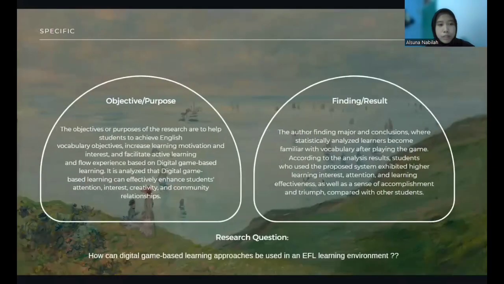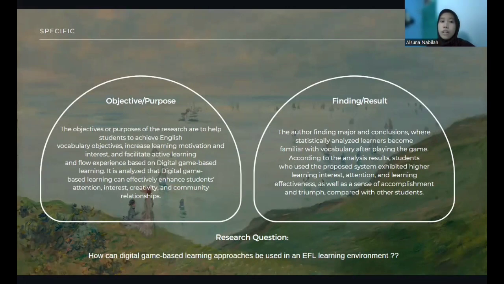Continuing to the objective or purpose of this article: it is to help students achieve English vocabulary objectives, encourage learning motivation and interest, and facilitate active learning and flow experience based on digital game-based learning. It is analyzed that digital game-based learning can effectively enhance student attention, interest, creativity, and community relationship. Then the question from this article is, how can digital game-based learning approaches be used in an EFL learning